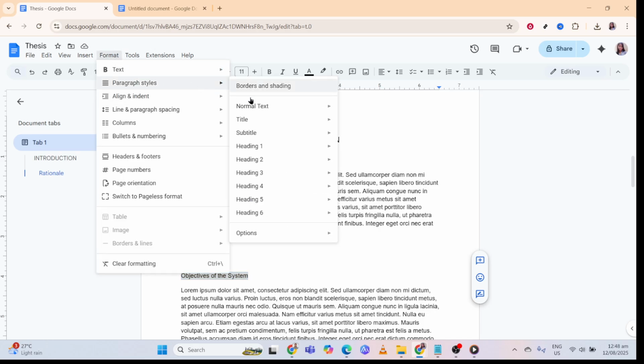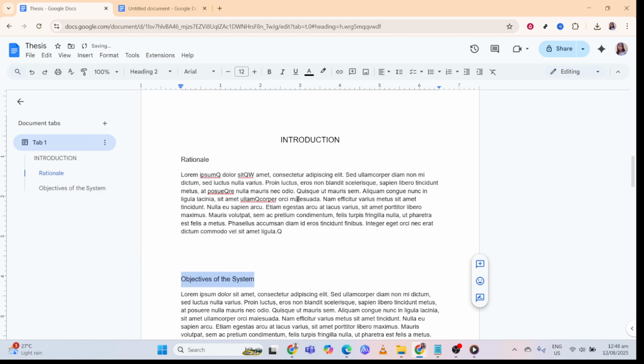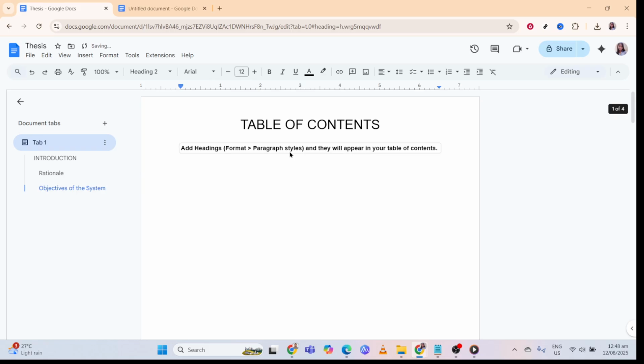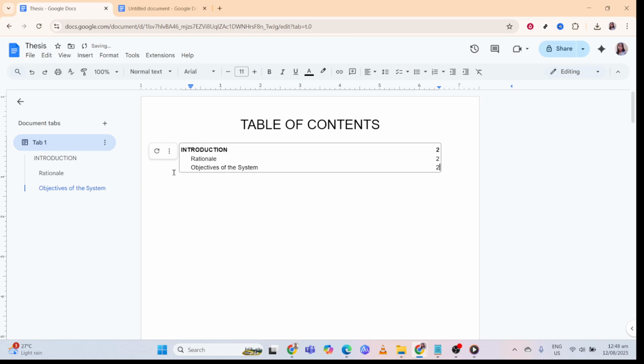Once you've gone through your whole document and applied the necessary styles, return to your table of contents placeholder. Now return to the top where your table of contents is situated. Click on the refresh icon next to it. This nifty feature pulls in all the headings you've just set up, neatly arranging them into a clickable, organized table